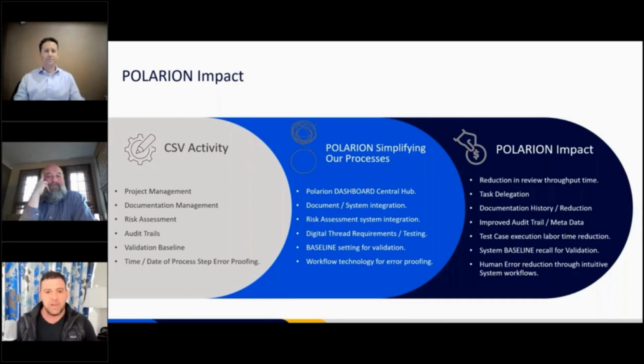And then another Polarion feature that helped me sleep better at night was the digital thread that it creates for documentation requirements. So we validated at the requirement level. So if we were changing something and this requirement was changing, now with the digital thread, we were able to see where this requirement touched, right? I didn't have to rely on going back through papers or Excel, right? It did it automatically. And I knew I had to retest this, this, 3, 4, 5, 6, right? Before Polarion, we had to be on point with that tracking system, and we were good, but